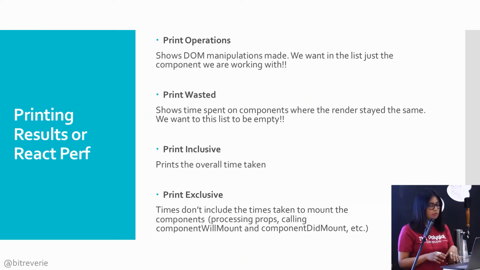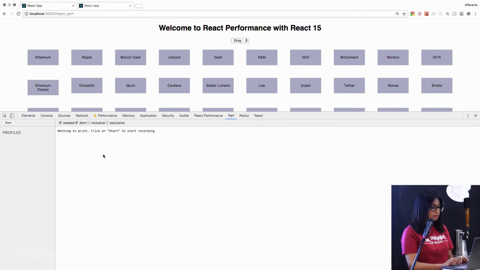And I'm not going to talk about the times too much, the print inclusive and print exclusive, but the only difference is that in the print exclusive, we are going to exclude the mount components, so the time that the component takes to mount and processing some props. So now that I mentioned that,